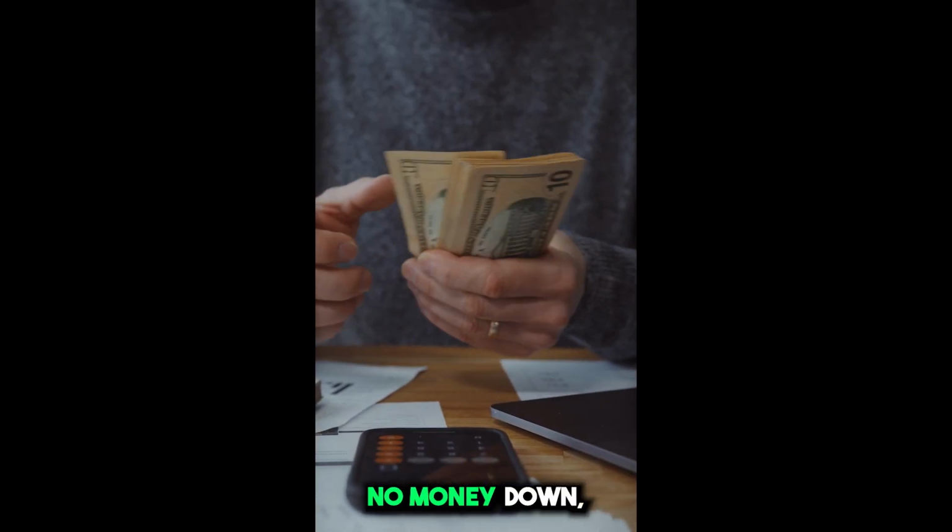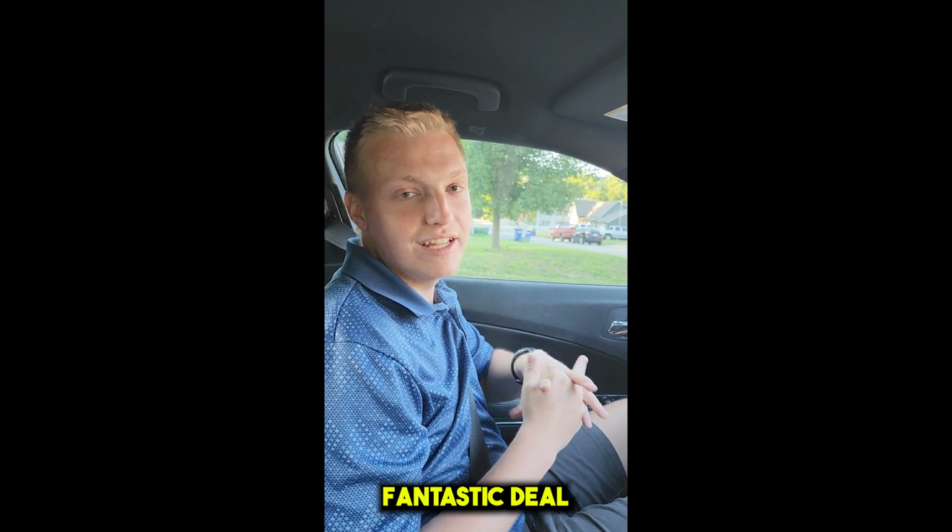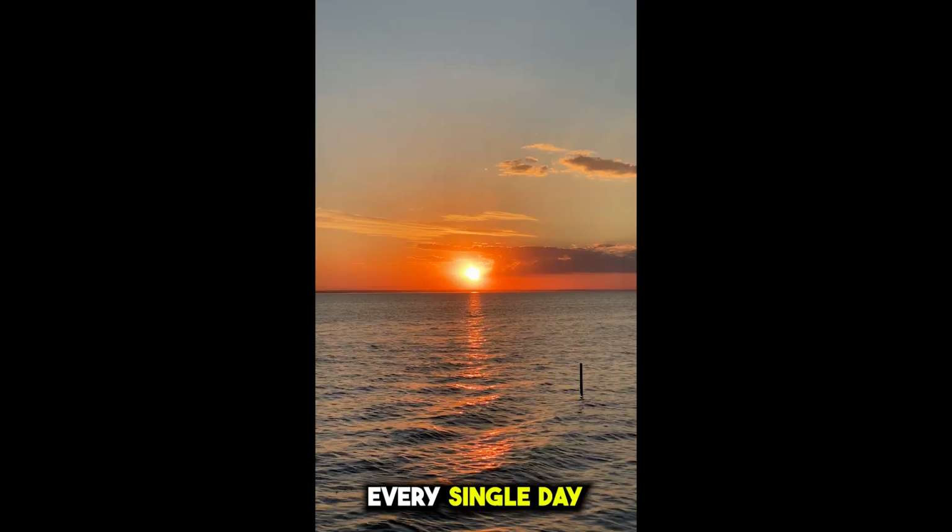Seller finance, no money down, no interest rate, 0% interest, guys, and a fantastic deal. Fantastic value add opportunity. So these kind of deals are out there, and you can get them too, guys, but you have to be, I mean, we looked at 3-4 different properties today, and we're doing this every single day, guys, looking at a ton of properties every single day, putting in offers on all of them,